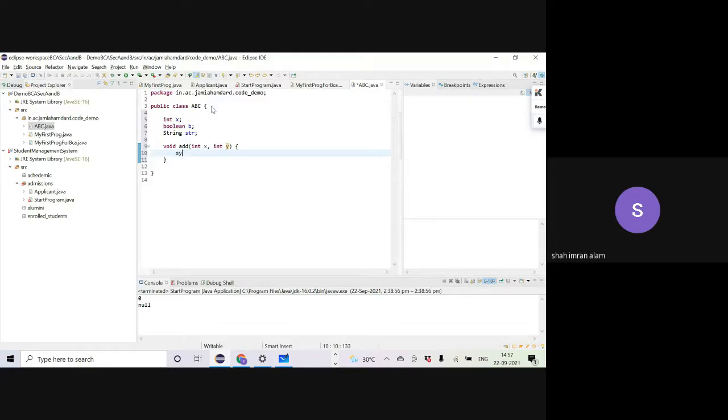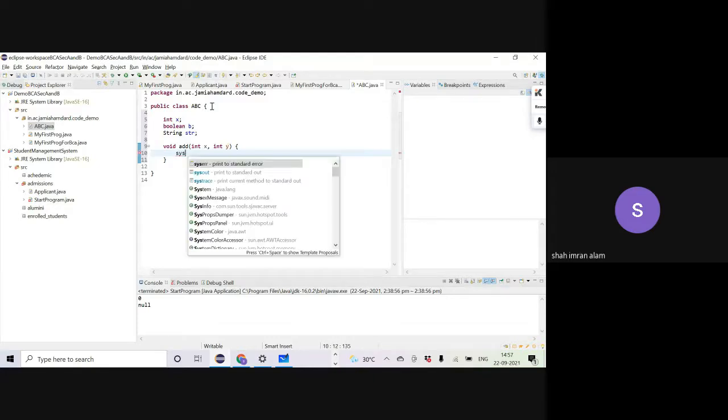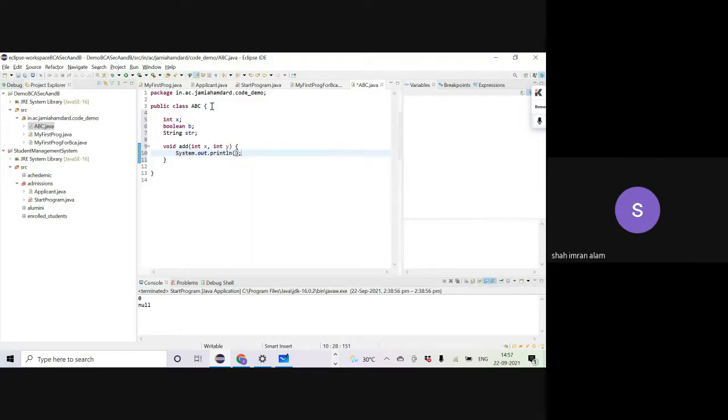Inside, int result is equal to x plus y, and here we are printing the result.